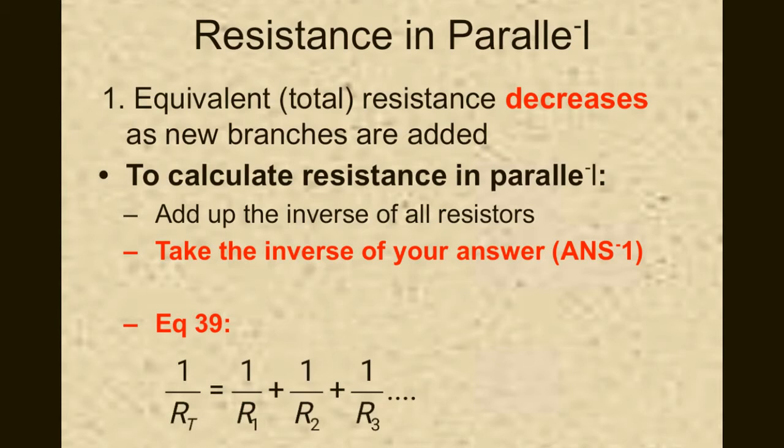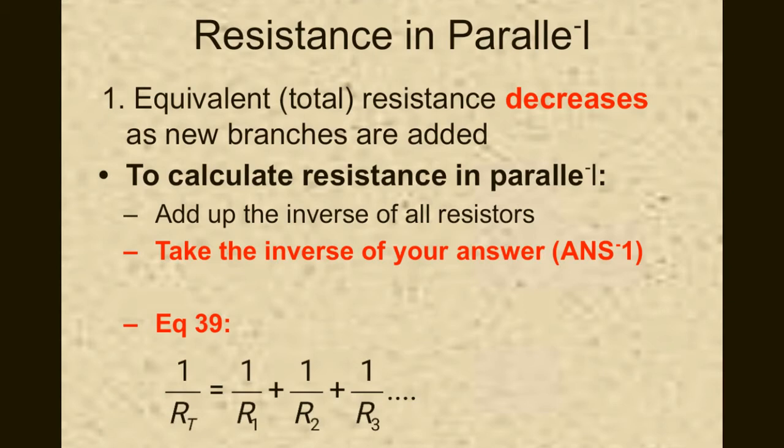Now, resistance in parallel. This is why you see that weird negative L that I write there, and I want you guys to start writing it the same way. It's because to calculate the total resistance in a parallel circuit, you always have to take the inverse. As you see in equation number 39 in our formula sheet, it says that it's actually 1 over RT